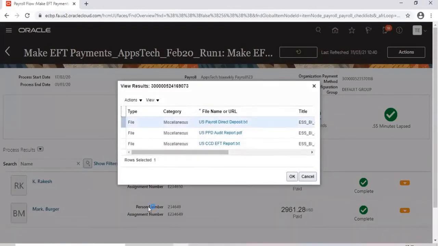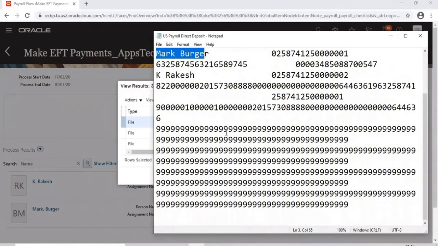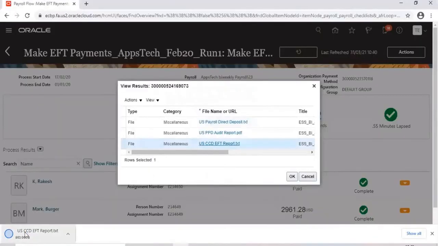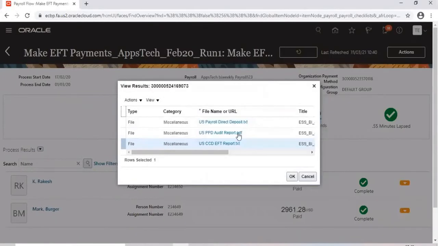open that report. You see, this is the electronic file transfer, because this is one employee and this employee name, what amount, I think somewhere the amount will be there. Yeah. And then you have the bank account. Maybe I don't know which bank account we entered, maybe this or this. So again, name, details. So this is how it's going to be paid. Again, if you go to EFT report, EFT report is not showing anything. As I said, again, these reports you have to develop properly. This is an audit report.